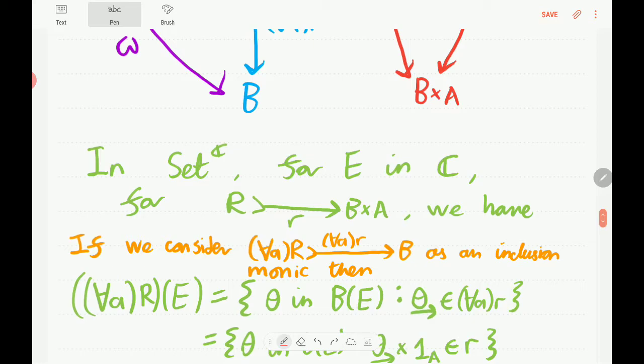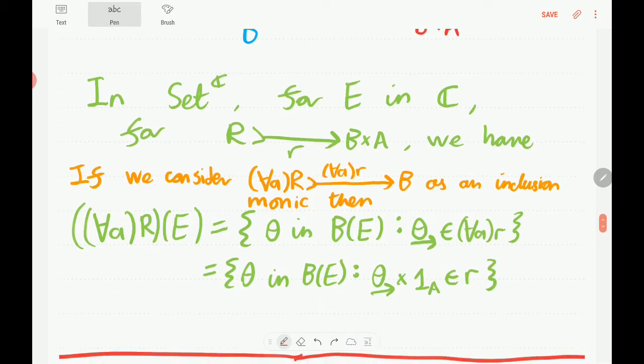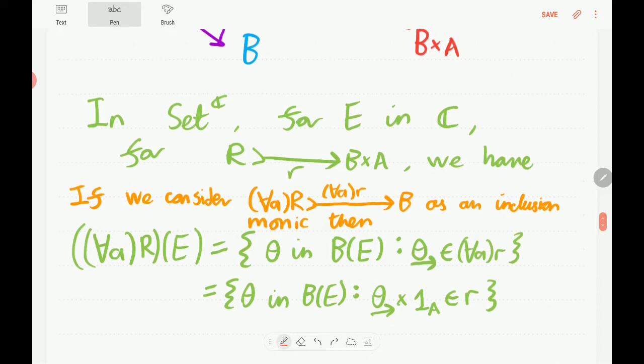And so we can use just a special case of theorem 13.9, and basically we can write something like this. In set to the power of C, when we pick an object E of our category C, and we have a relation little r, a subobject of B times A, then if we consider this for all A R as an inclusion monic into B, then the E figures of that subobject, in that case, the Eth component of for all little a, little r is just an inclusion function. But then for all A capital R of E is basically the set of E figures of B that are included in the subobject, and we can think of that as the set of theta in B of E, such that theta under arrow is in for all little a, little r,